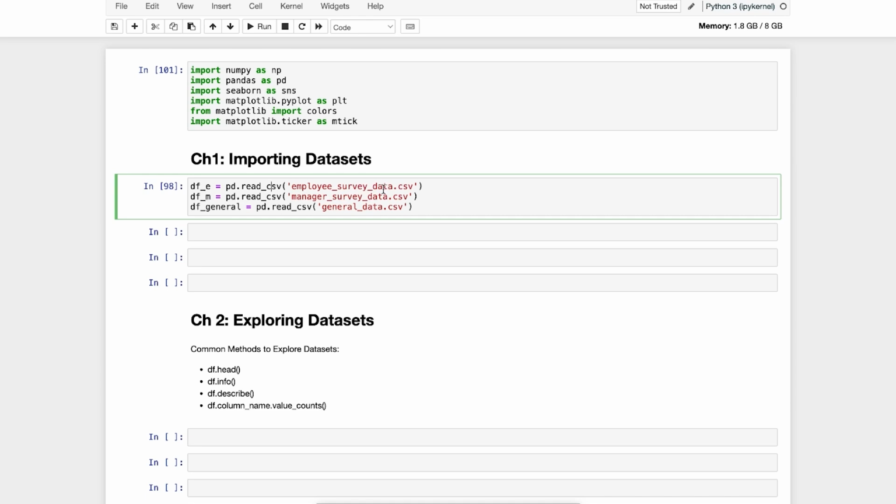We have employee survey data and manager survey data and general data. I also provided you with an Excel file that lists more context behind each of the columns listed here. But let's take a look by importing these files. So I ran that query or code, and we can first quickly take a look at the file using the